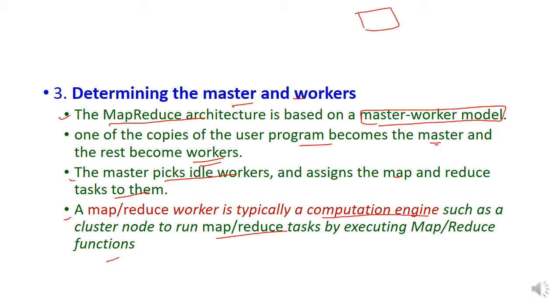Here we are having master and workers. More number of workers will be there, and the master is actually going to control all the workers. And if there is an idle worker, then the master will assign that block, that is user block, to that worker to execute the MapReduce task.